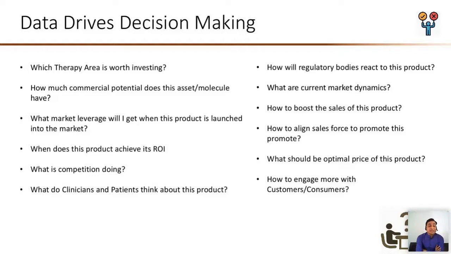And what do the clinician and patient think about this product? Because we have to understand the perception studies. We have to understand the perception from the clinicians as well, because ultimately in India, the doctors are going to write the prescription. So as a pharma company, if I am leading the sales and marketing or the strategy department, my motive is to understand the perception of the doctors, what they are thinking of that particular drug molecule or brand. What is the reputation of that brand in front of the physician community as well?